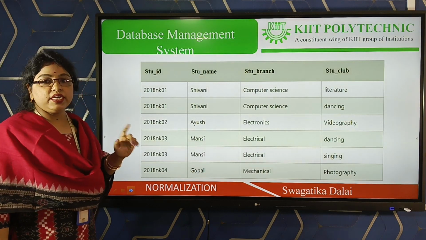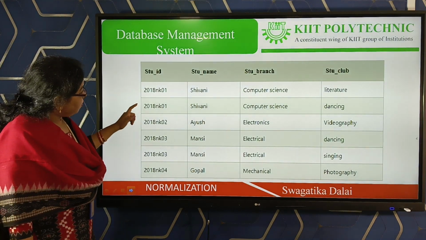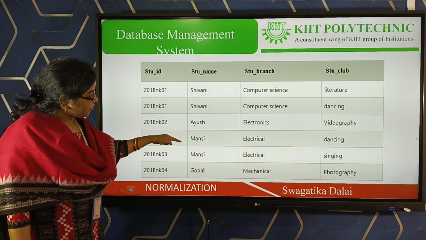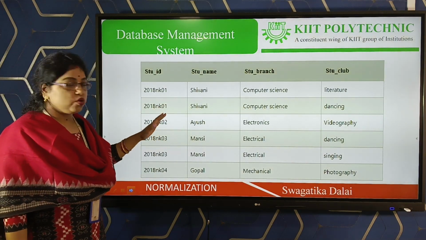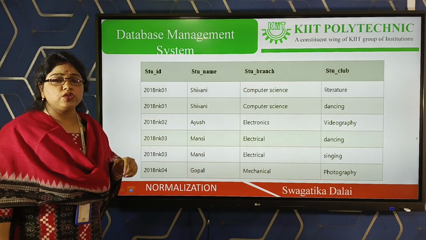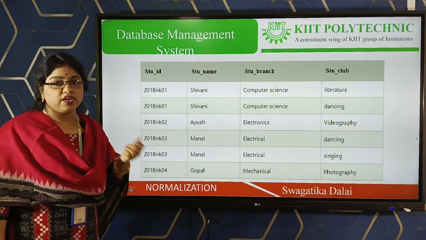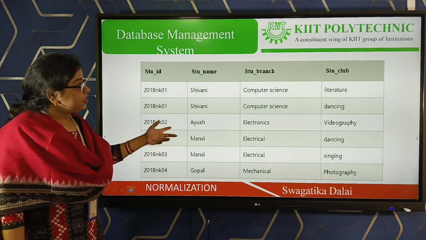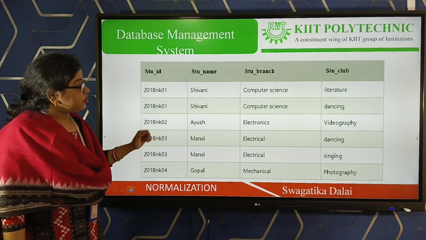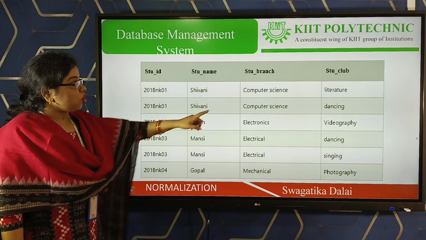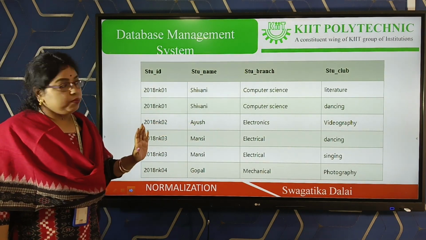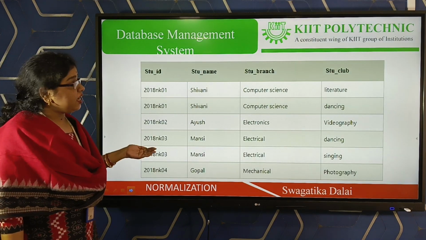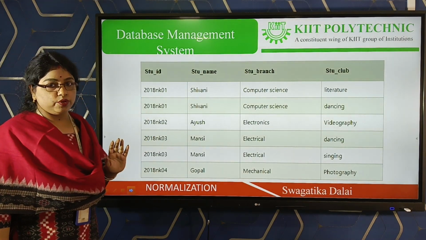Second thing is the insertion anomaly. As you can see here, there are 6 students enrolled in the database. If we want to insert another student, let's say Ankit, in the database, we cannot insert that tuple. Why? Because we cannot allow a null value for student club, because student club is the primary key here, and this is called the insertion anomaly.